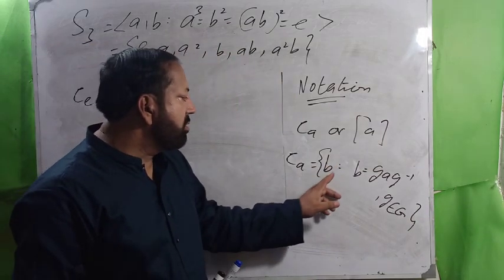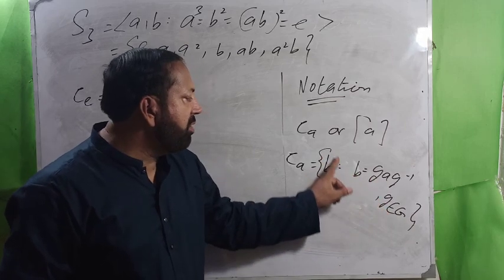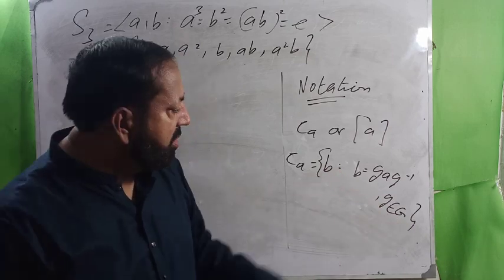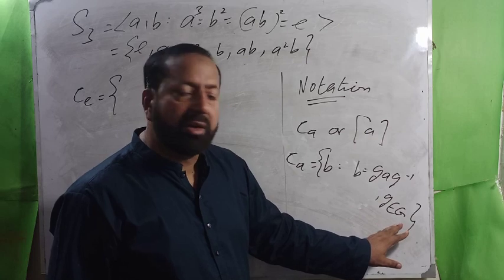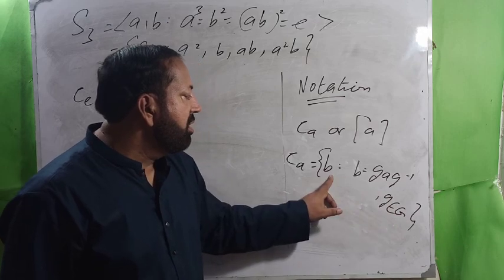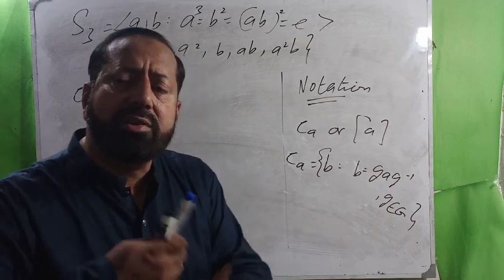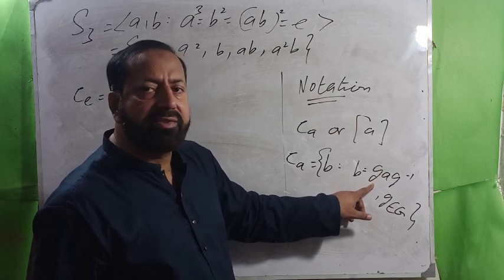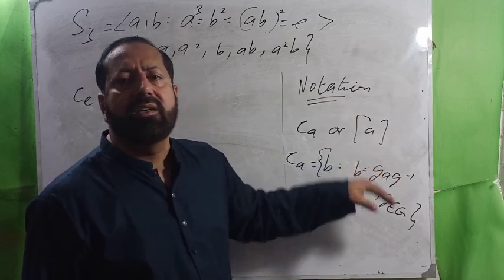Look at here. So C(A) contains those B which are conjugate to A. This is the set of all those elements of G, of course B is an element of G, I already told you that. Since A is an element of G and g is an element of G, this particular element is also an element of G, that's why B is an element of G. So C(A) is the set of those elements of G which satisfy this equation, B equals gAg inverse. So what you have to do, you just vary g. Take g, then A square, B, AB, A square B. You move all the elements to get this conjugacy class.